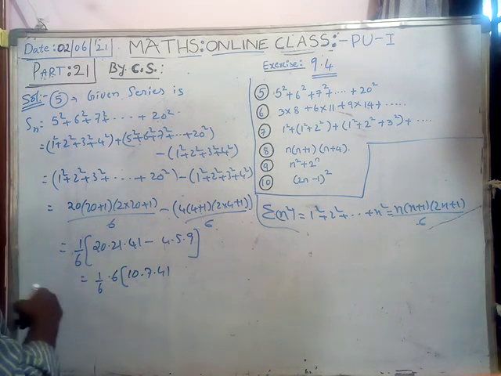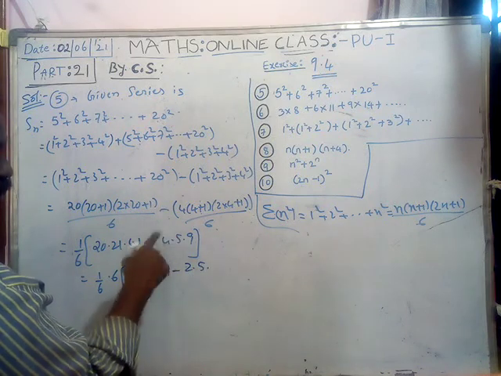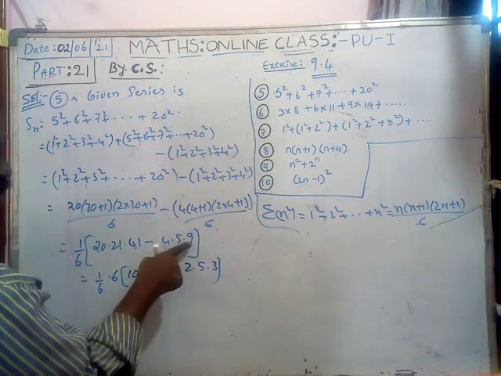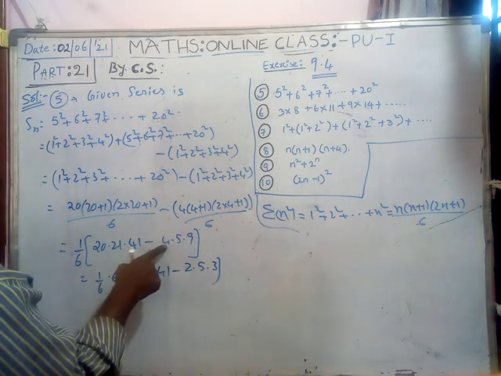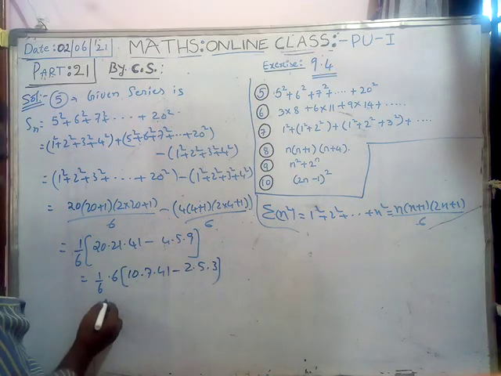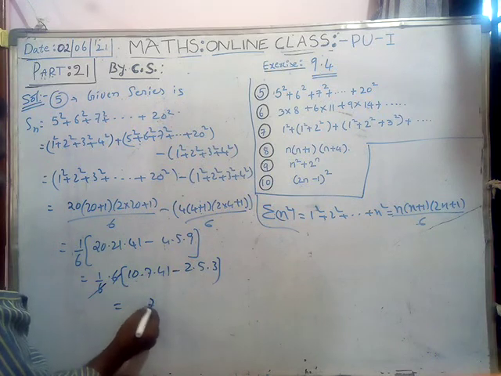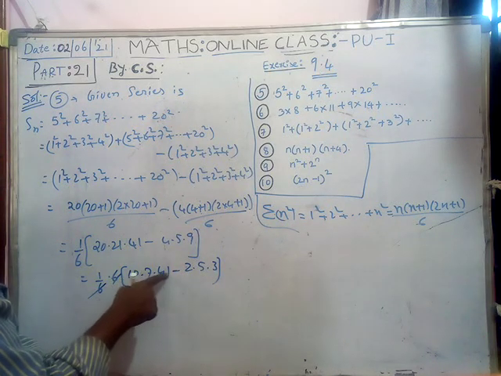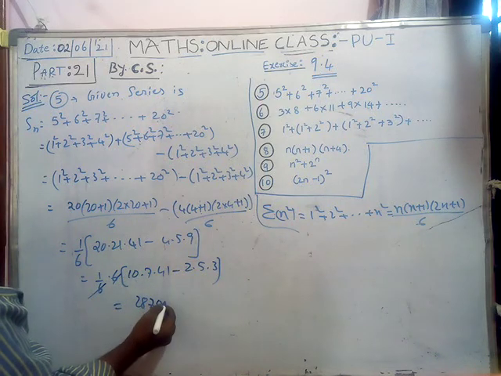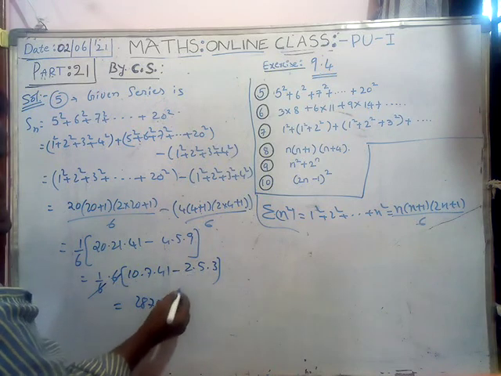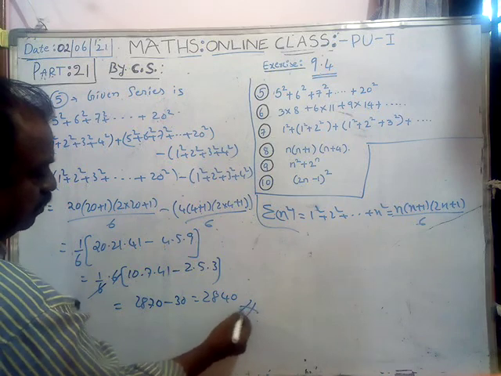2 into 3, 6 will come out. Here also it is 2 into 5 into 1 more 2, and 1 more 3 is there. 3 3s are 9, 2 2s are 4. 3 2s are 6 comes out. 2 5s and 1 more 3 is there. 6 and 6 cancel. This is 7 into 28. 7 1s are 7, 7 4s are 28 into 10, that means 0. Minus it is 15 into 2, 30. So 2840 is the answer.